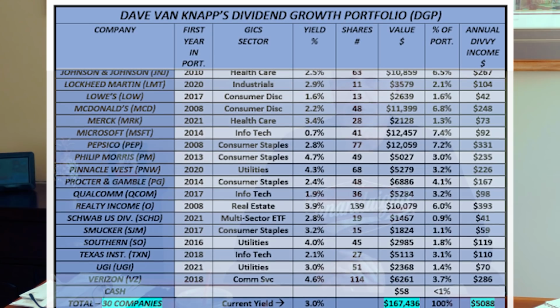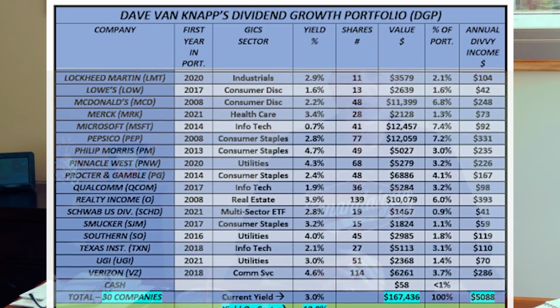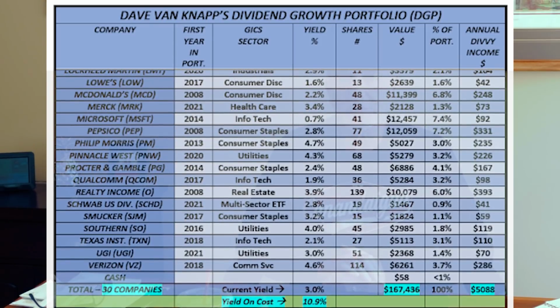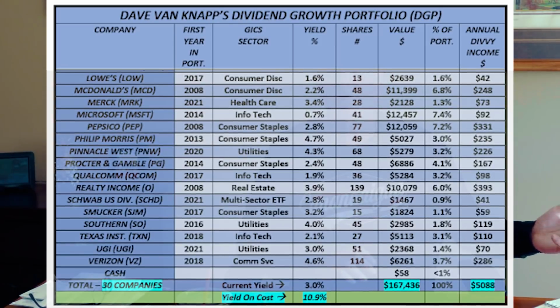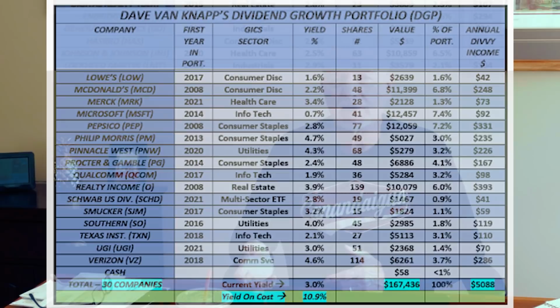And finally, the portfolio's yield on cost is 10.9%, which means that at the rate dividends are coming in right now, which is more than $5,000 per year, the portfolio is sending me in dividend income an amount that's equal to 10.9% of the amount that I originally spent to set up the portfolio. I don't know about you guys, but I'm very pleased with that,